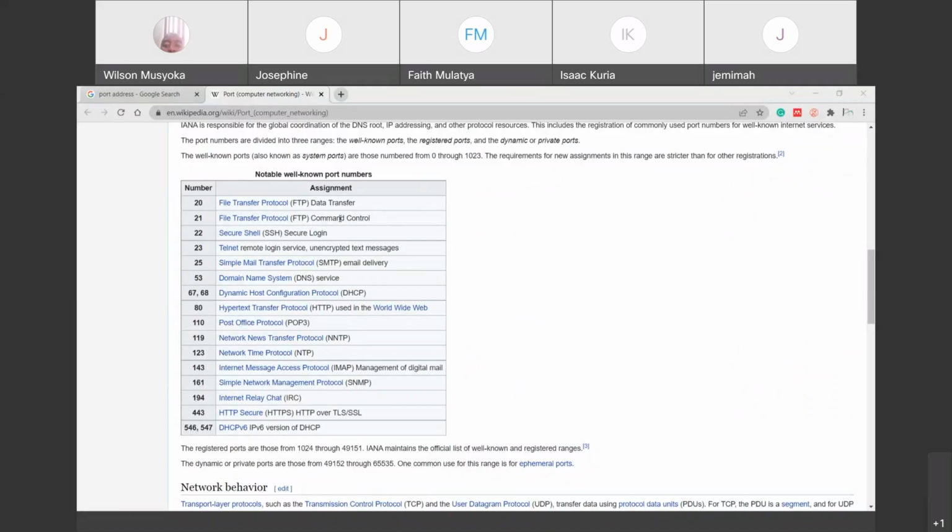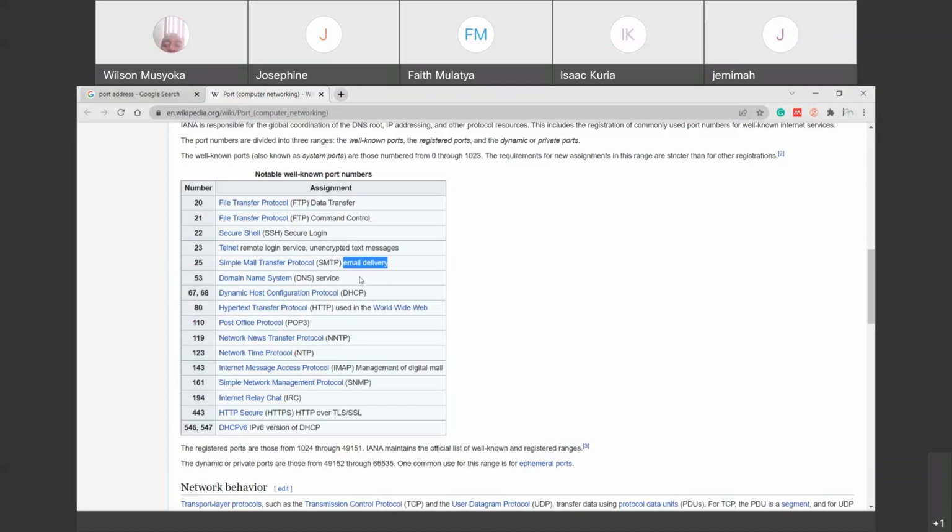The other one is command control. SSH, secure shell, which is also for data transfer but in a secure mechanism, is port number 22. Telnet is port number 23. Simple Mail Transfer Protocol is port number 25, and this is for email delivery. So whenever you're using any email, Yahoo, Gmail, whatever, it is going to work with port number 25.